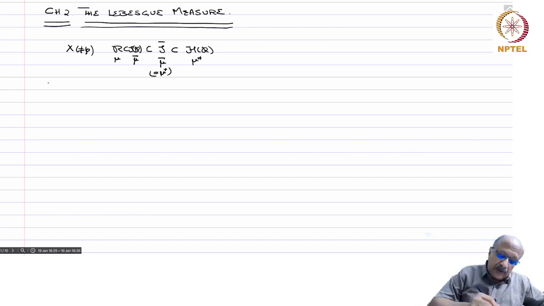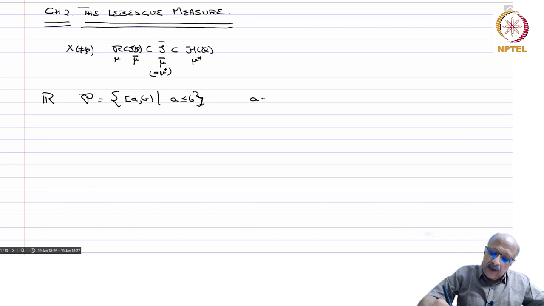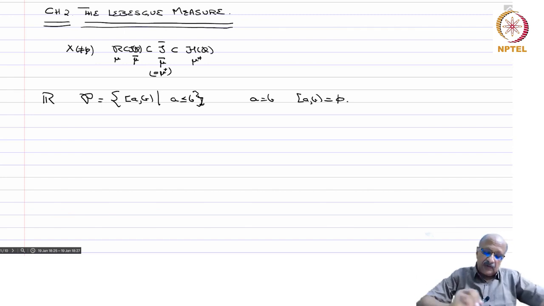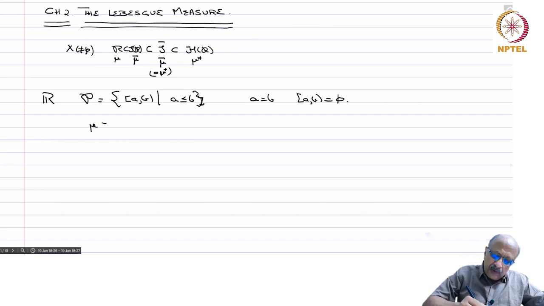So we are going to start with R. So we will do everything in R, but you will see immediately how to extend it to Rn. So in one go we will finish everything. So if you take R, recall that we had this example, P is equal to the set of all [a,b), a less than or equal to b, semi-closed, semi-open intervals. Okay, so if a equals b, then you say [a,b) is the empty set. This is the convention which you are using,